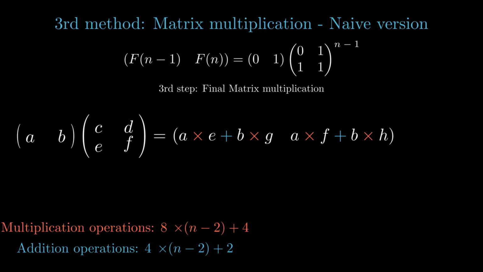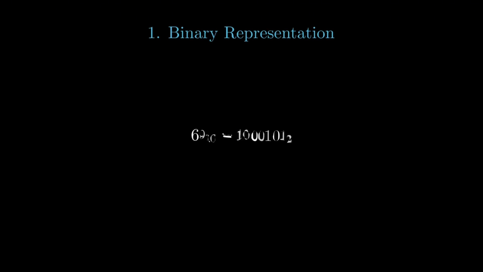So why do we still mention this approach? To answer, first, we shall learn a little bit about how to present a number in the binary system. Take the number 69 as an example. That means, in the decimal system, it is 69. In the binary system, this number is represented as